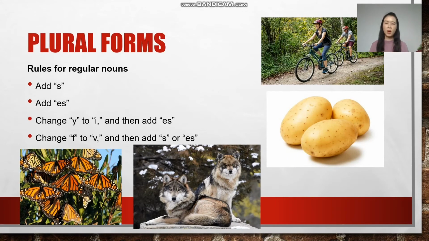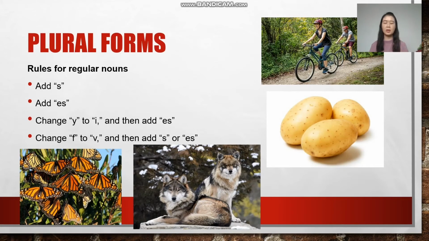If before y is a consonant, you need to change from y to i and then add es at the end. But what about when before y is a vowel, like the word toy, T-O-Y? In that case, you don't need to change from y to i and then add es, but you can just add s right away. So we can say toys,